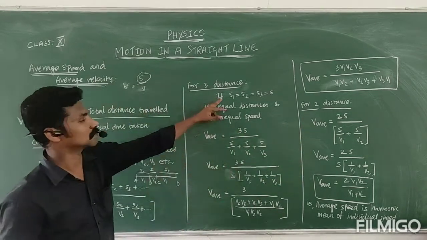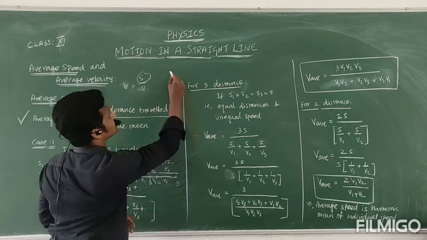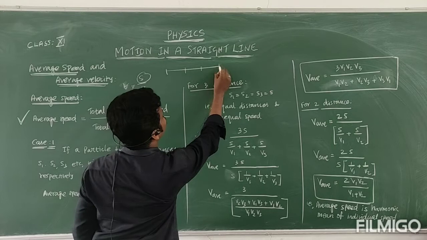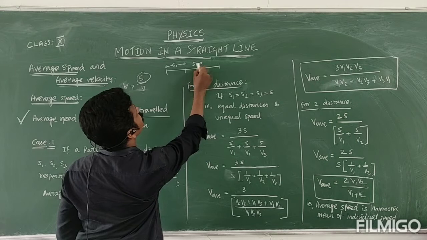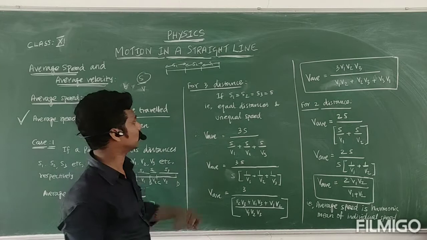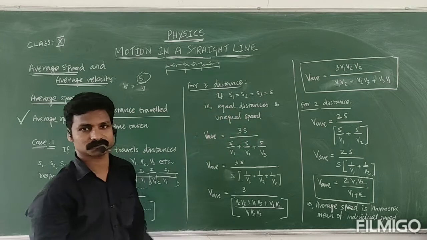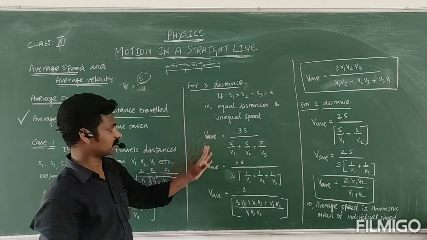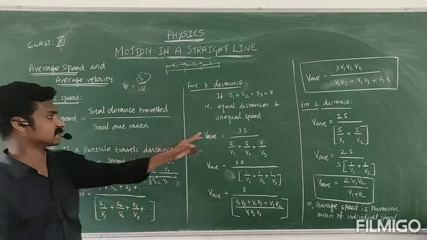In that case, if the distances are equal, what happens? Equal distance, for example like this: here to here S1, here to here S2, here to here S3. This is like equal distance but unequal speed. This is our idea. So the average in this situation I can write: S1, S2, S3 are equal, so S plus S plus S, that is 3S, divided by